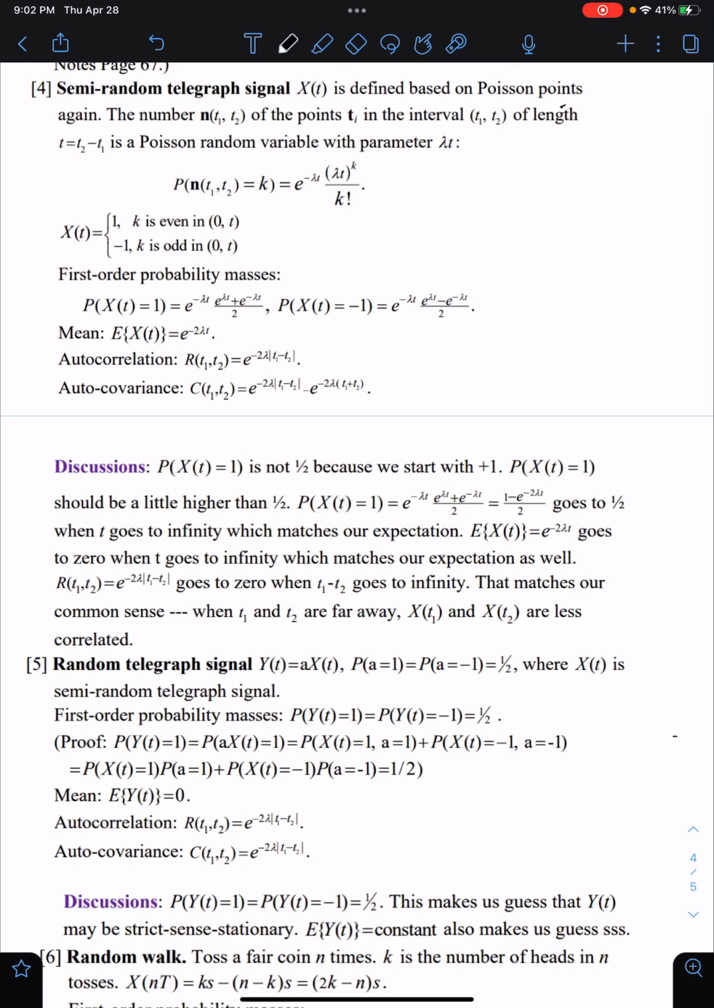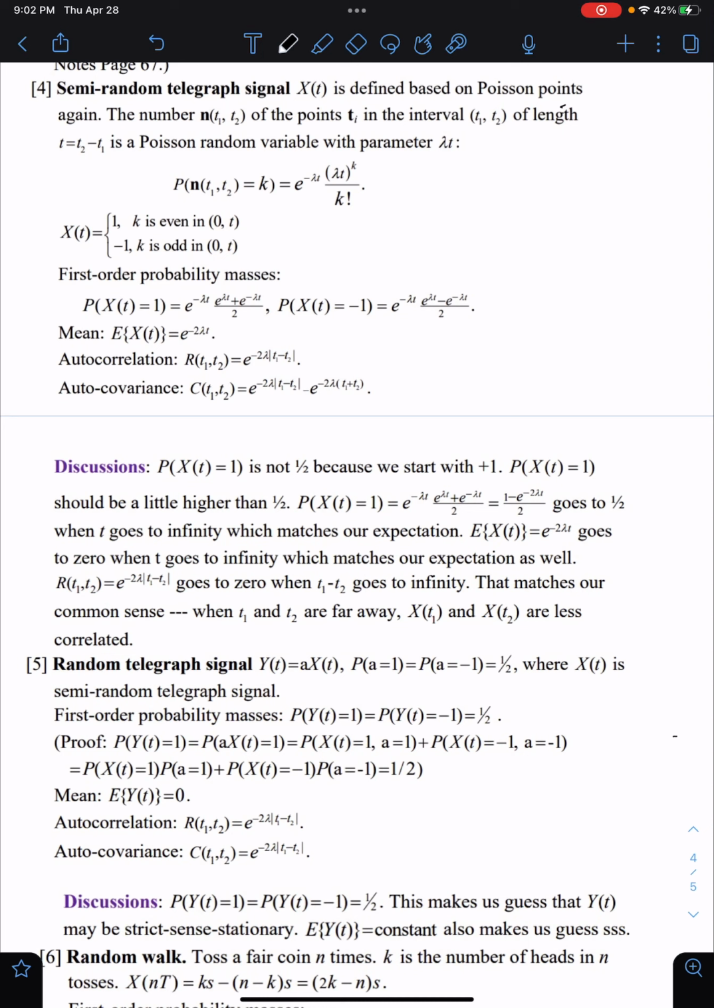And we define the stochastic process big Xt equals 1 when the number k in the time interval 0 to t is even, and big Xt equals minus 1 when k is odd in the time interval from 0 to t. And the first order probability mass function of this stochastic process when big Xt equals 1 should equal this,